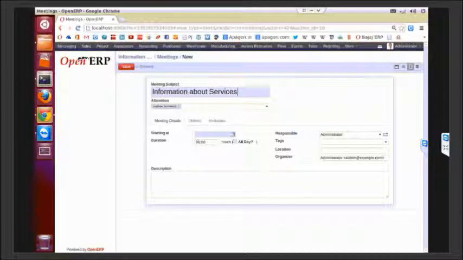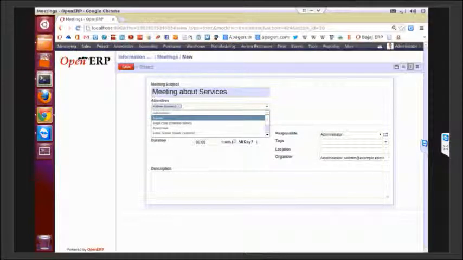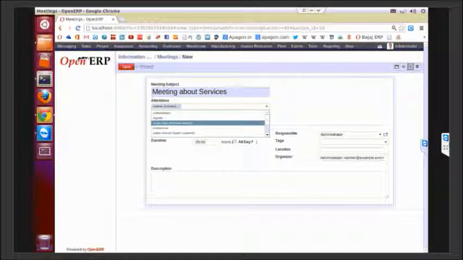There is another option of creating meetings. As you can see in the meeting form, we have a subject for the meeting. You can choose who the attendees are.